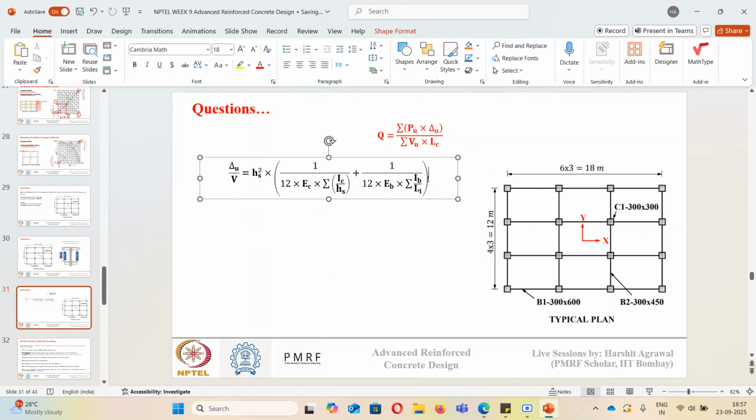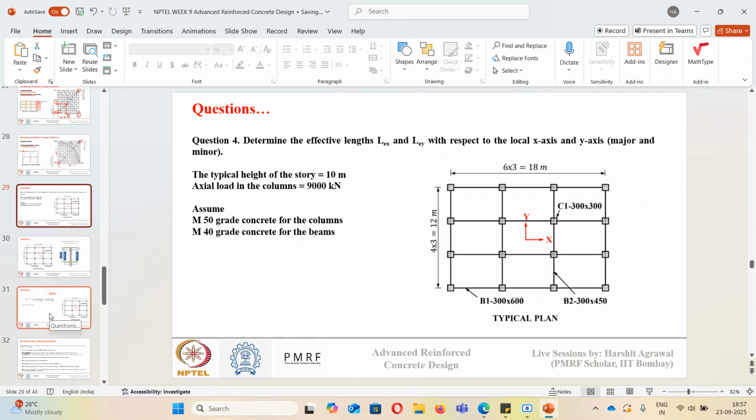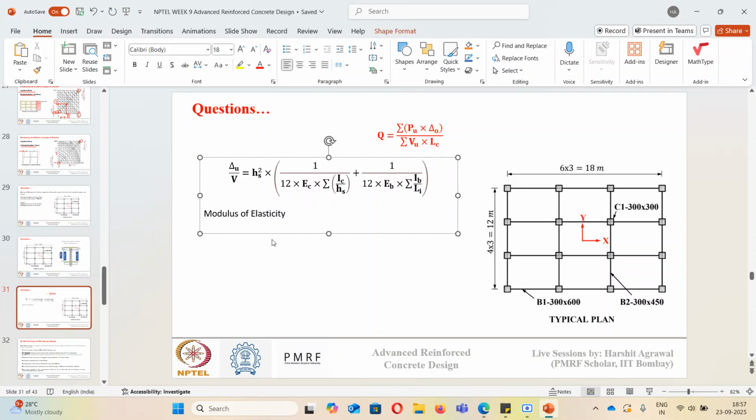Okay, so here what are the variables? First I need to know the modulus of elasticity of concrete in column and beam. So why do we need to calculate separately for beam and column? Because the grade of concrete in columns is different, and the grade of concrete in beams is different. So what is the grade of concrete in column? It is M50. So for M50 grade concrete column,